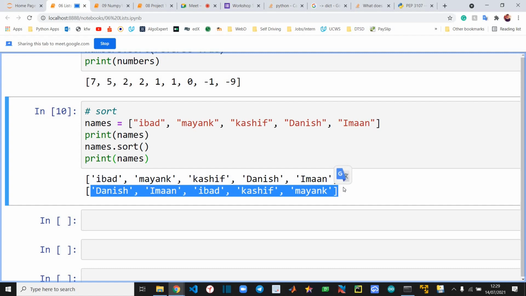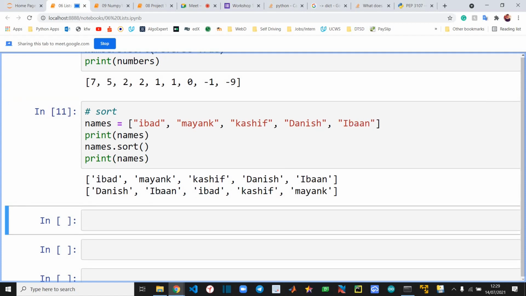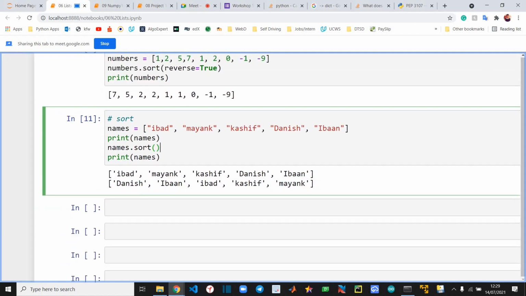This is how you do it, and you will see capital will take precedence over this. This is how you can sort.